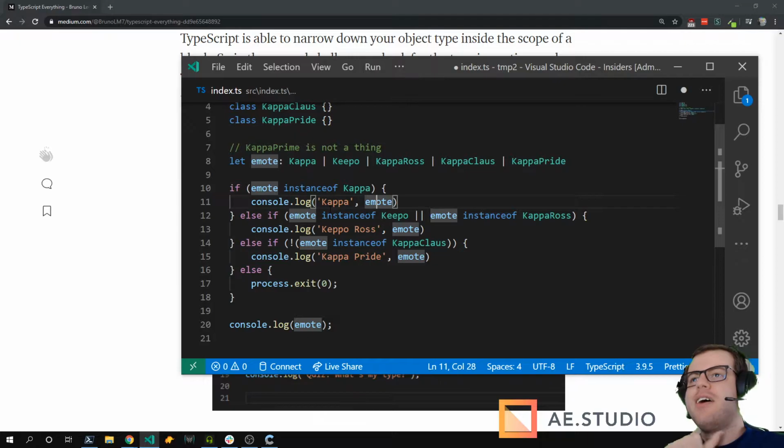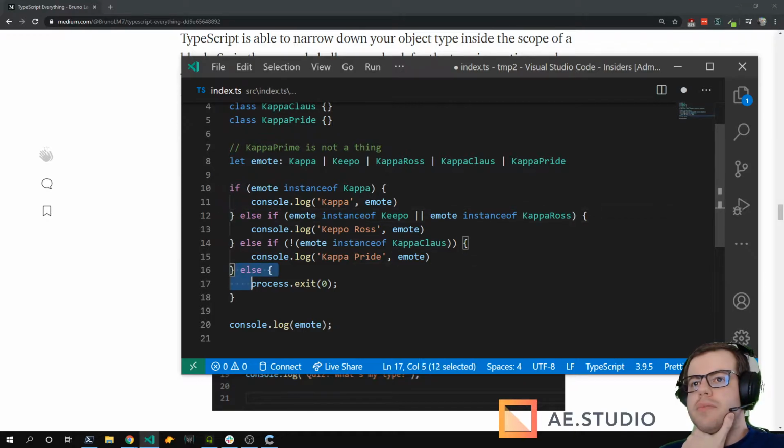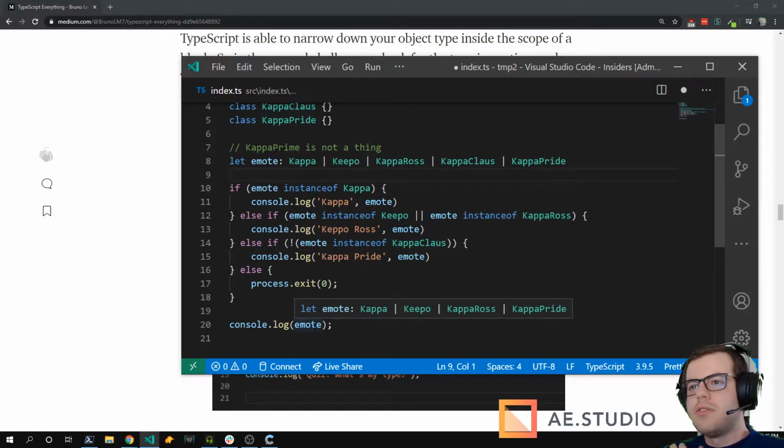Okay. So it exits if the type is kappa pride. Okay, so you see, it's kind of hard to figure out, but TypeScript just tells you. So this type can be kappa, kipo, kappa ros, or kappa pride.